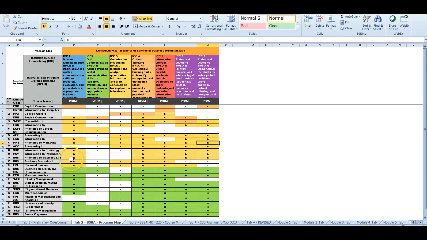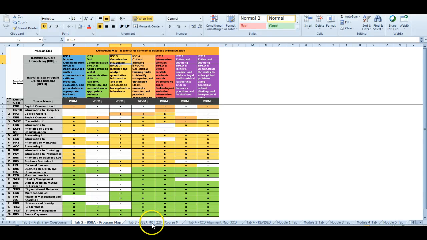This is where you have to look at the course itself, what you're actually teaching inside that course, to figure out which assignments lend themselves to the ICC that you want to measure, rather than just trying to stick it anywhere. So for instance, I happen to know that in Unit 4 of Marketing 220, we deal with pricing. So I know that I'm probably going to put my quantitative reasoning in Unit 4, because that's the one that deals with quantitative issues and requires the student to make some judgments using numbers and pricing and an Excel spreadsheet